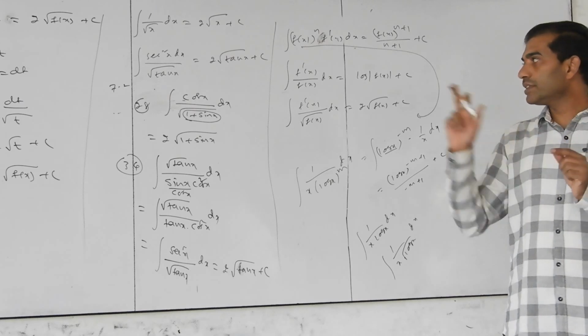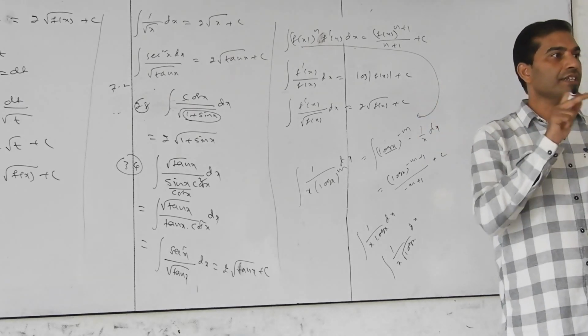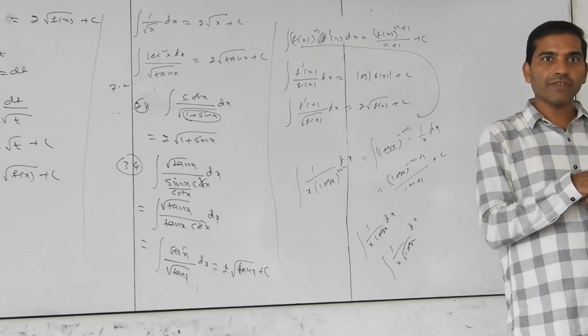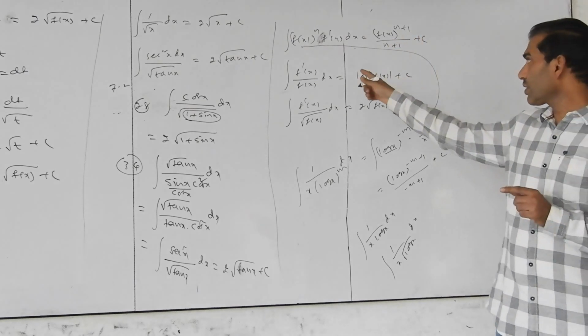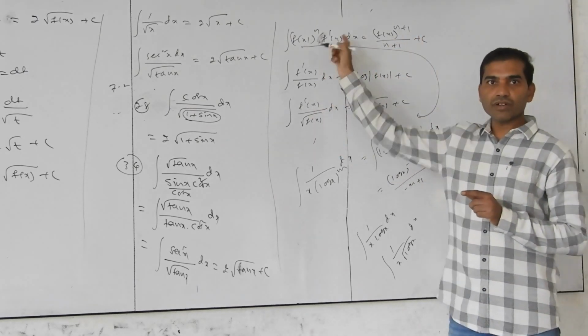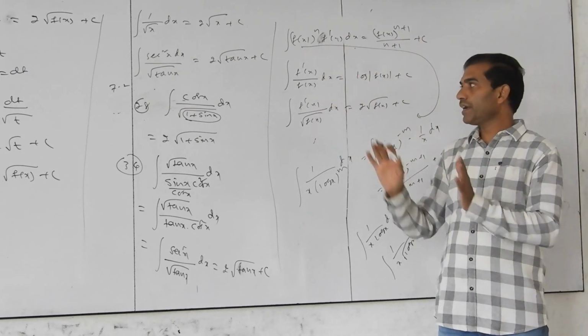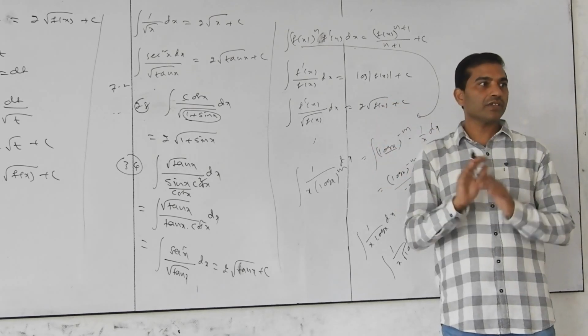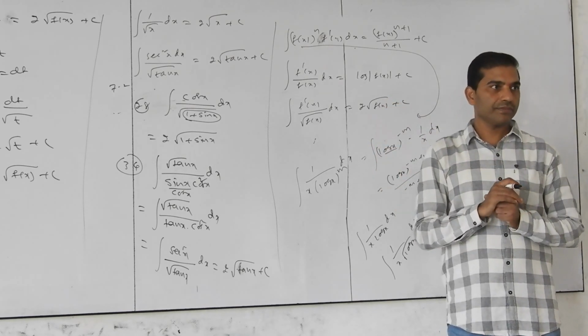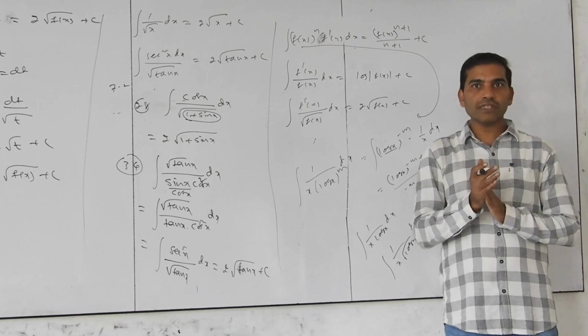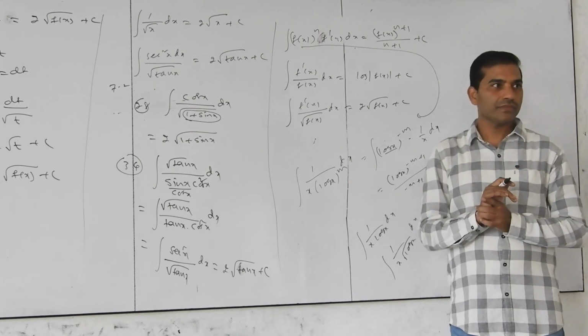The problem contains this. First check whether it contains a standard formula or not. Okay? If not, check these also, which are considered standard formulas: 1, 2, 3. Okay? If it does not contain these standard formulas, then go for the substitution method. Okay? If it is not the substitution method, then other methods.